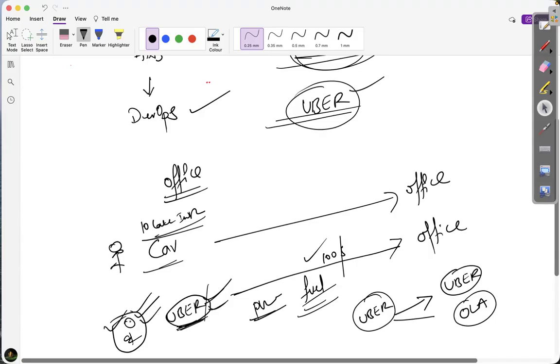Uber driver only, right? So my friend is not worrying about all these things. He's just utilizing the service from this Uber. He'll just sit in the car, it will take him to the office, that's all. For that ride, he will pay the money. But in my case, I am the owner of my car. I have to take care of maintenance activities. Yes or no?